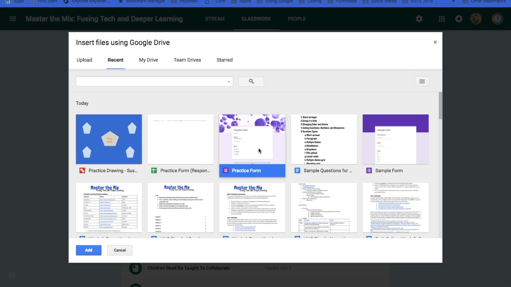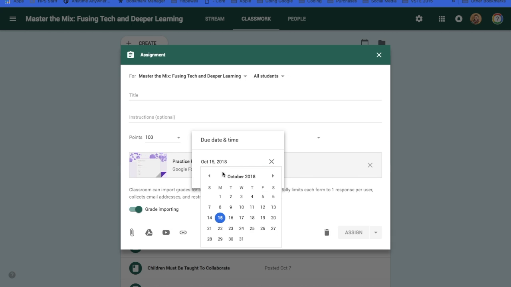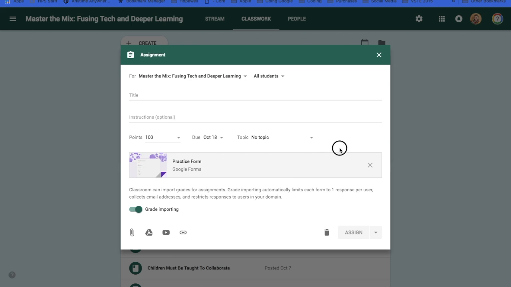But if I choose the form here and add, it's going to import the grade, which is really awesome, into the Google Classroom. You can assign your due date. Once you give it a title,